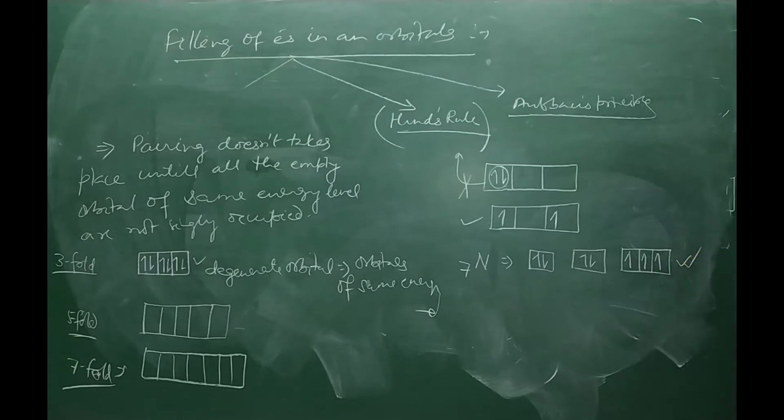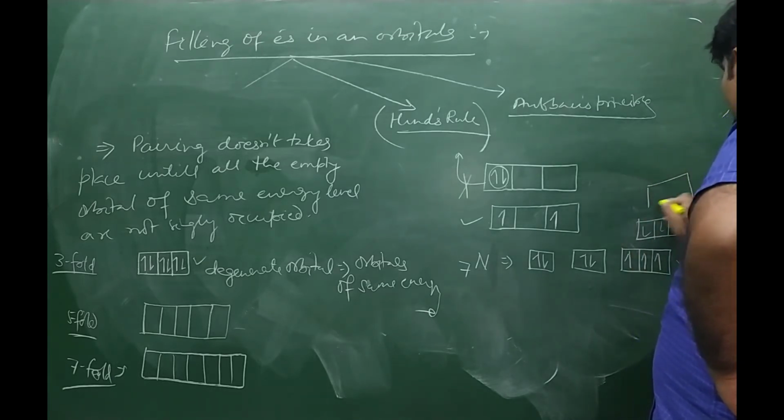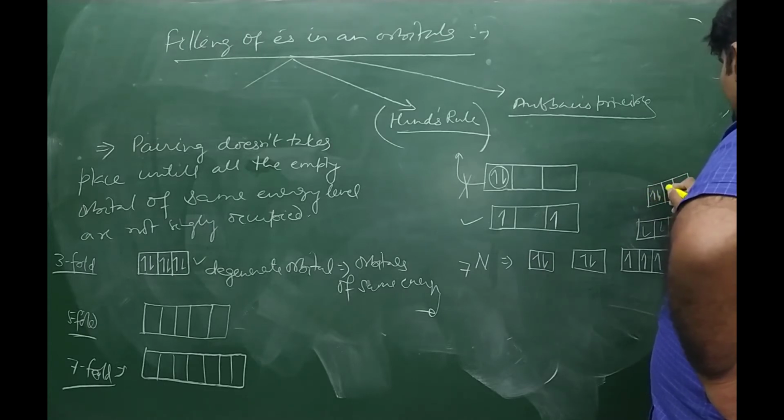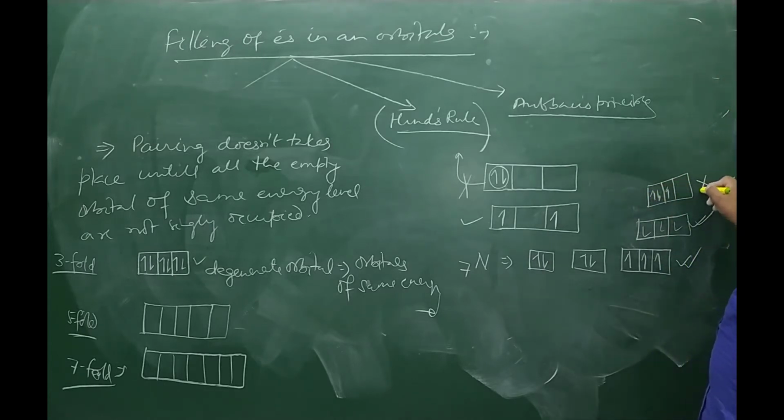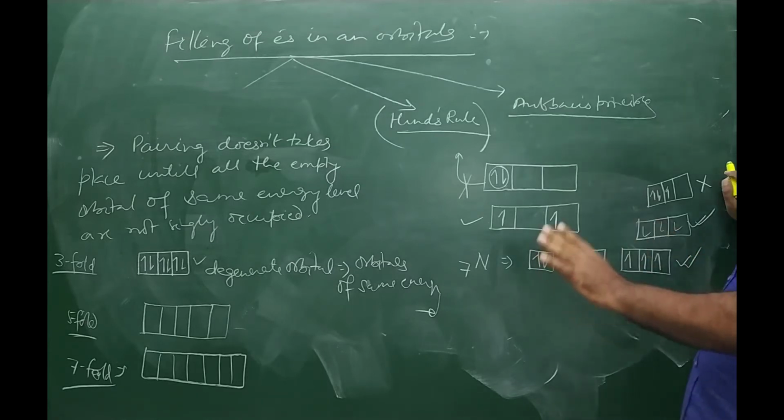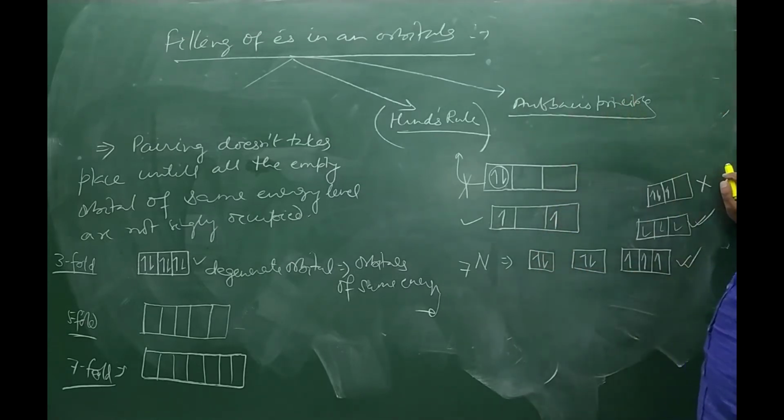So there must be this type of arrangement. This type of arrangement is valid for Hund's rule. Even in place of this, if you place it like this, this arrangement is also valid. This is not violating Hund's rule. But if this type of arrangement is given in the p orbitals, 2 electrons filled over here and 1 electron filled there, it will violate Hund's rule, and therefore this arrangement is not possible. So Hund's rule states that pairing will not take place until all the empty levels are occupied by single electrons, in degenerate orbitals.